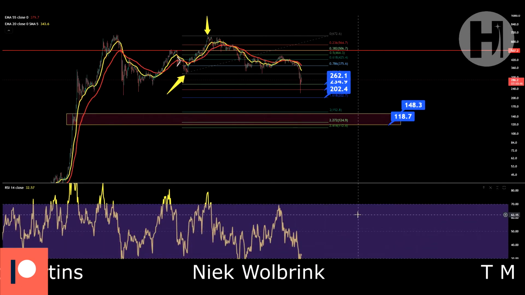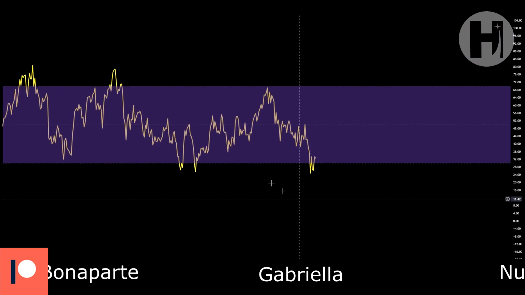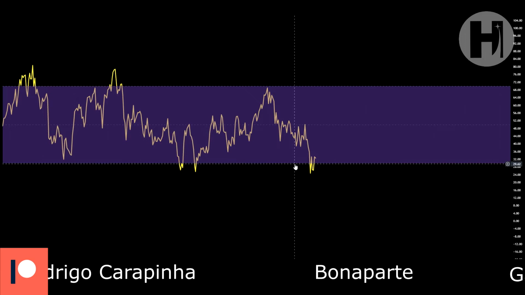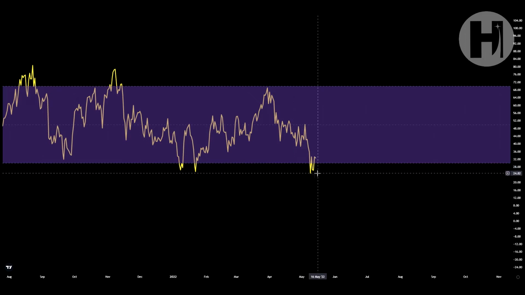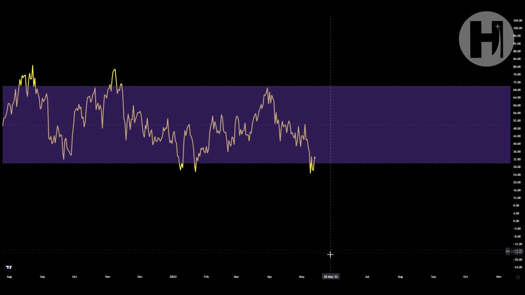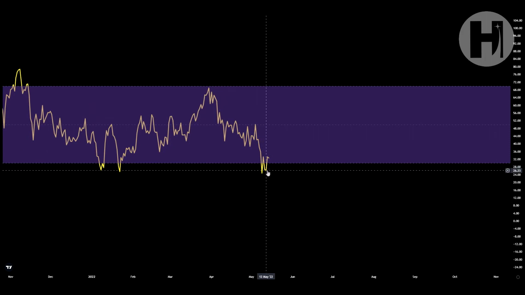Now let's jump into the daily RSI. Obviously, you got into the oversold here. So basically, anywhere below the purple box is oversold. And oversold means the asset has been oversold. There's so much selling pressure that it is going to start recovering relatively soon, and people are going to notice. People are going to start buying up. And once you see it come down below the index of 30, that is the best time to be buying,